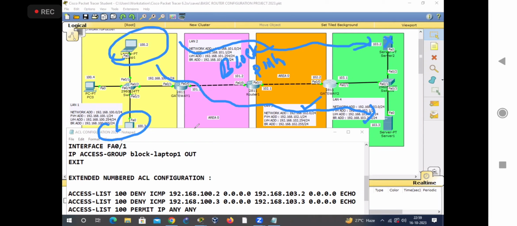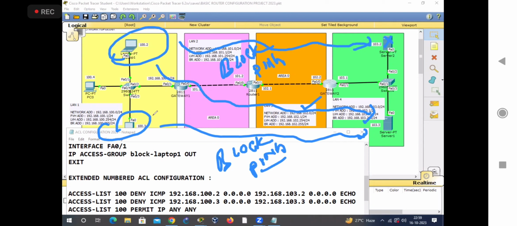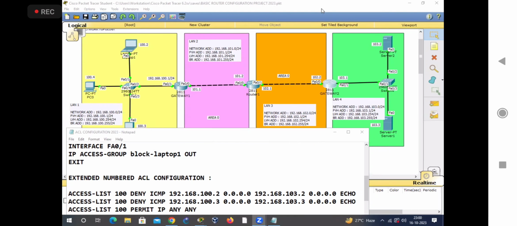Similarly, इस machine ये जो PC है, इसके ping को हम लोग ब्लॉक कर रहे हैं, okay, blocking the ping to server 1, but we are not blocking its ping to server 2. मतलब अगर ये PC server 1 और server 2 को ping करता है, then it should be allowed. तो ऐसे टाइप के जो रिक्वायरमेंट्स होते हैं, इस पे एक्सटेंडेड ACL हम लोग यूज करते हैं। तो जैसे कि ये ping यूज कर रहा है, तो पिंग के जो प्रोटोकॉल है ICMP, okay,